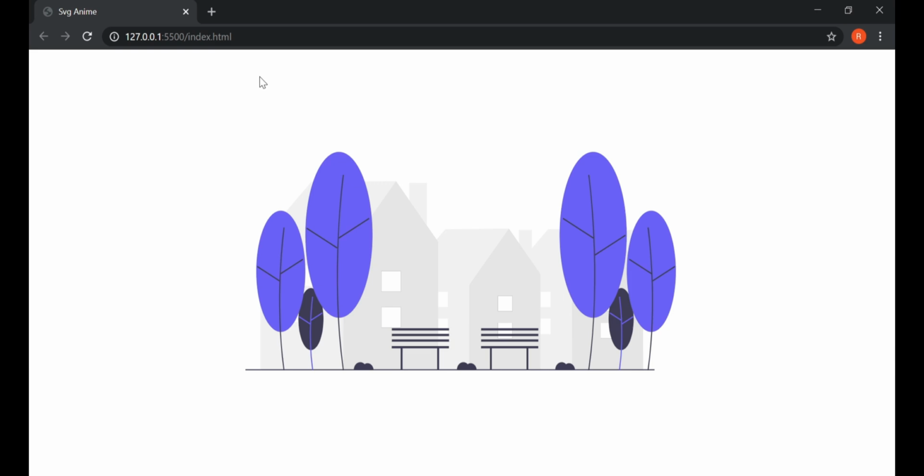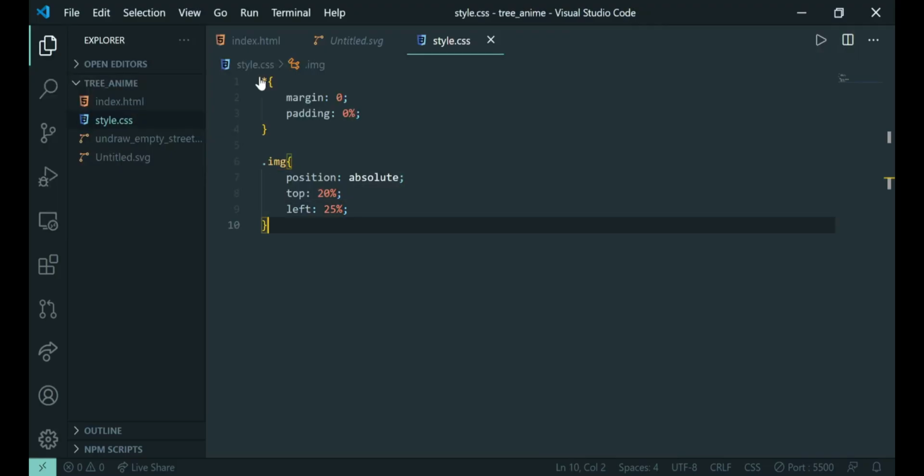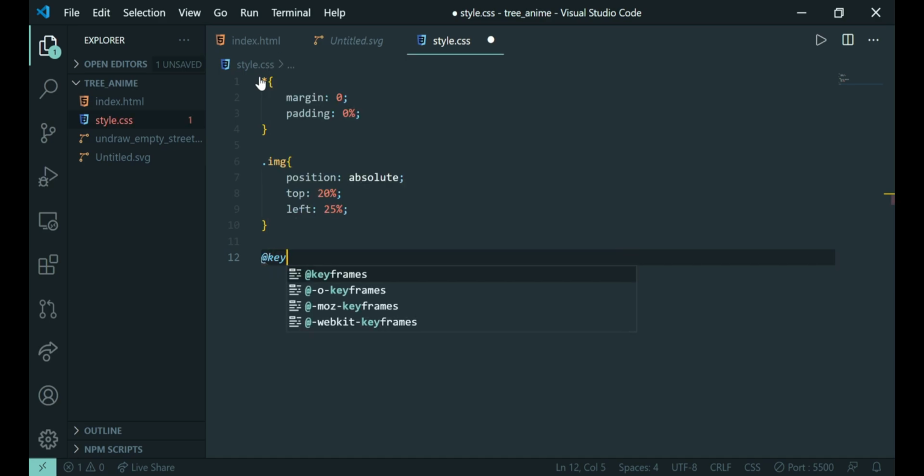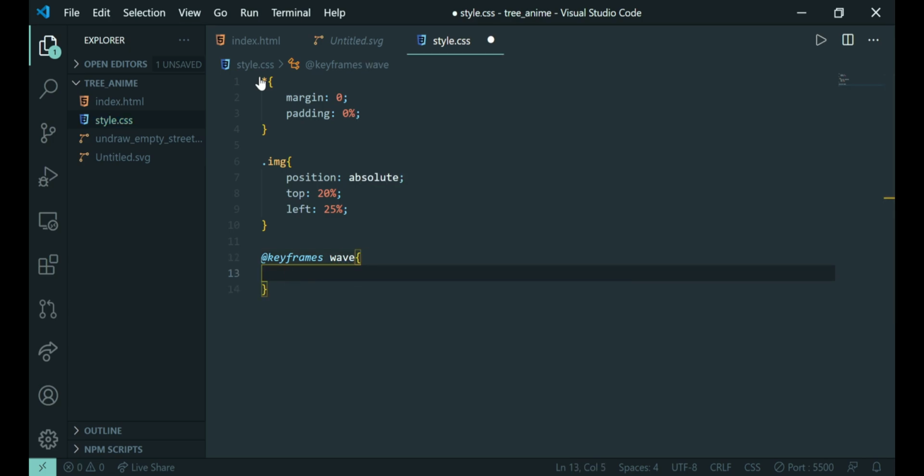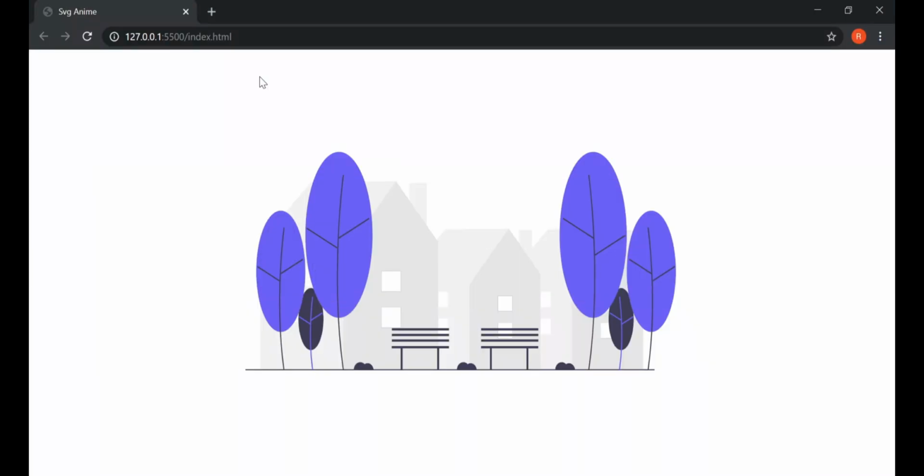Right, now it's time to make an animation and animate our SVG image. So first of all, we will be creating keyframes like @keyframes. We will be giving this a name of wave. So now what we want to do, we want this to tilt and just to and fro, to and fro, to and fro motion.